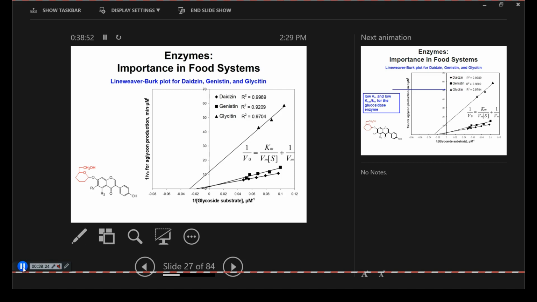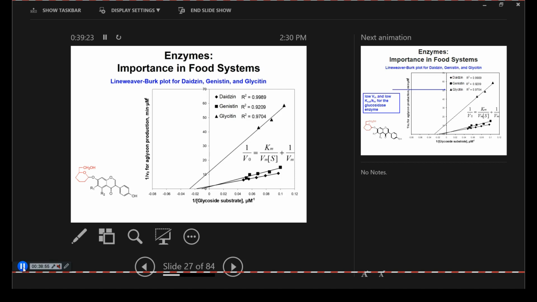Whereas for these 2, we have a lower value. That means the Vmax is higher. So this had a higher slope. That means Km over Vmax is a higher value, so that means Km is higher. So we have higher Km and lower Vmax. So the higher the slope, the lower the activity in this case of the glucosidase enzyme